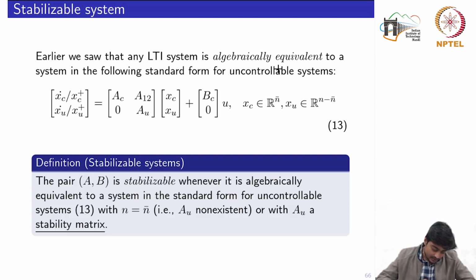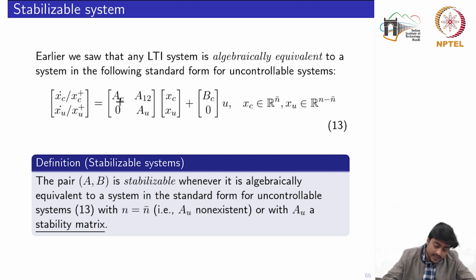So the definition of a stabilizable system says that the pair (A, B) is stabilizable whenever it is algebraically equivalent to a system in the standard form for uncontrollable systems, that is this one, with n equal to n bar, that is AU is non-existent, or with AU a stability matrix. So first of all, try to visualize the implication of this definition, in the sense that once we have obtained this canonical form or the standard form of the uncontrollable mode,